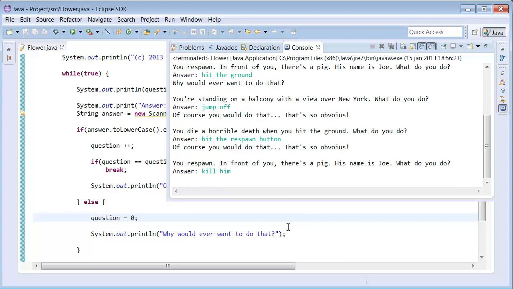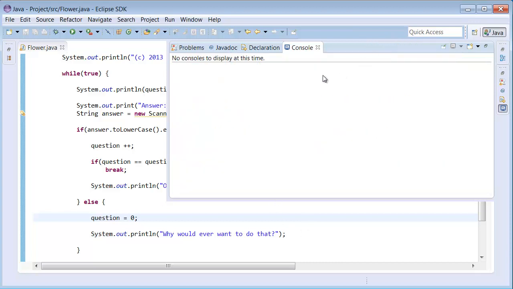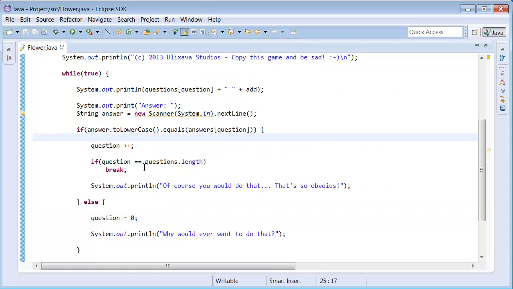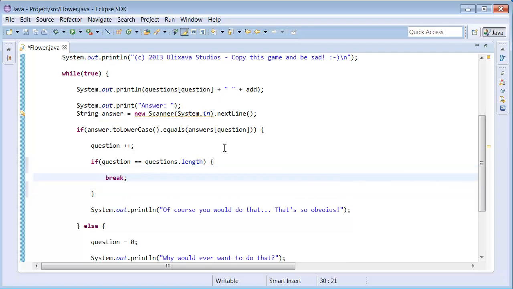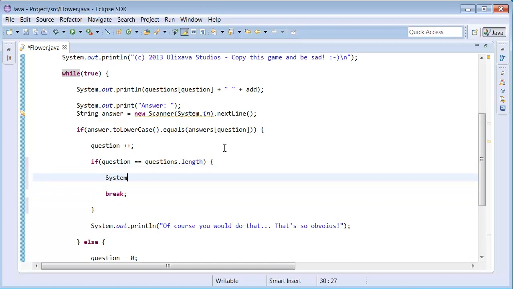So the program just closed itself, because every time you complete the game, the program will end. Although we could add some extra information to this. So if we just make this a bit bigger here, we can type some more things. Let's have the break at the end there, and up here let's type in system out print line. Blank line, or we could just use the new line like that, and then type in